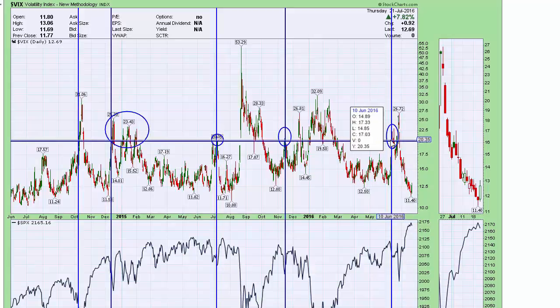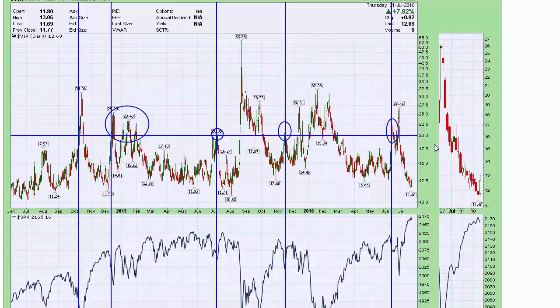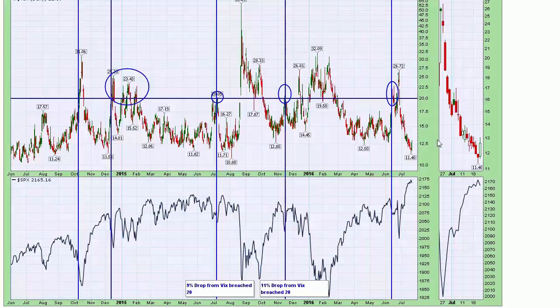That 20 level is really worrisome to me. As a rule of thumb for myself, I'm not typically going to put any new money to work if the VIX is above 20, because I'm not trying to catch a falling knife. Now, I do like buying some pullbacks. I'm not against buying pullbacks, but from what I have found from my own research, just in the near term, I haven't looked at the last 100 years, but just over the last couple of years,